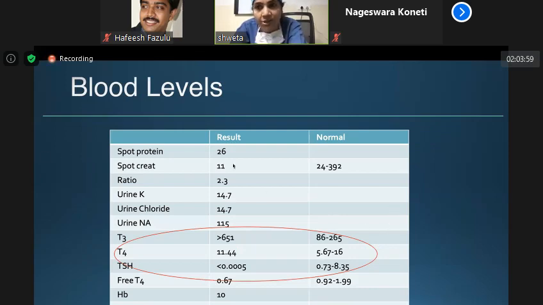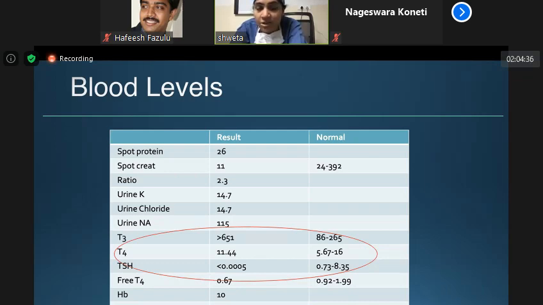Again, we did renal artery Dopplers and renal parenchymal disease was ruled out. Proteinuria was ruled out by the ratio, which was 2.3, but there is a significantly elevated T3, which was 651, T4 11, and the normal range is so low, and TSH was actually undetectable. So this was a case of hyperthyroidism. The child was actually suffering from thyroid storm, and because of that there was tachycardia, hypertension, and finally left ventricular shutdown. And then he presented to us with shock.